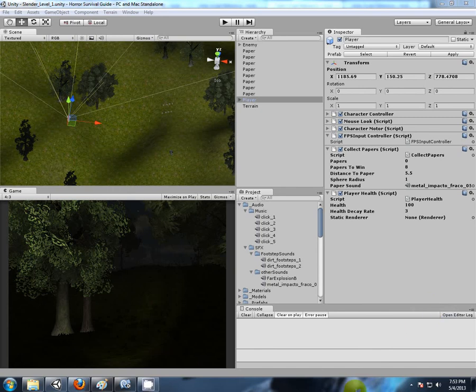Now this is something that was asked on my Unity forum page: how to play music, and different types of music, depending on how many papers were picked up. I thought that was pretty good and a few people want to know about that, so I'll just do a little video on that. Okay, so the scenario is